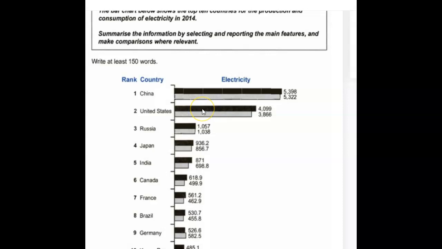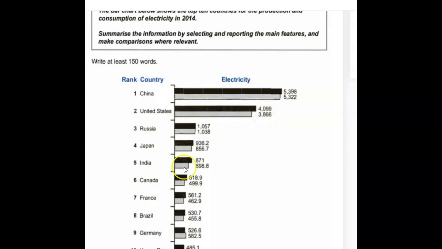Do you see how I did that? It's like an inverted sentence. Or you could make it grammatically more simple and say the United States was second in terms of both production and consumption. You could then say that production was just over 4,000, whereas consumption was